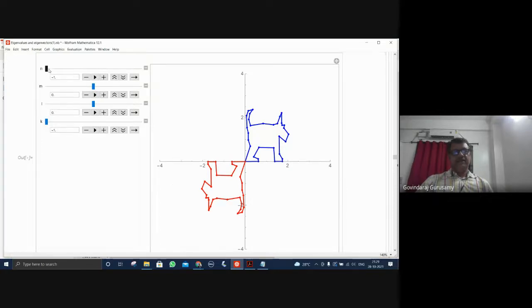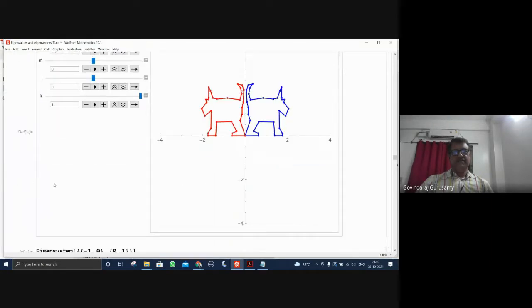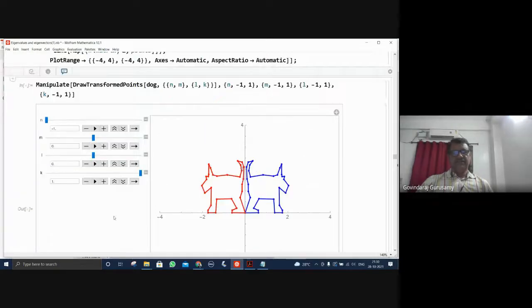So now, suppose if I change this to the other side, it goes to the other side. Then if I change it, it goes to the other side. You are able to see that. Now, if I change this, it's going to the other side. See the transformation that takes place with respect to the variation in the matrix N, M, L, K, which is varying from minus 1 to plus 1, all of them. That variation brings out phenomenal changes in the picture, what you observe here. See. Right? If I take this 1, it goes and matches with that.